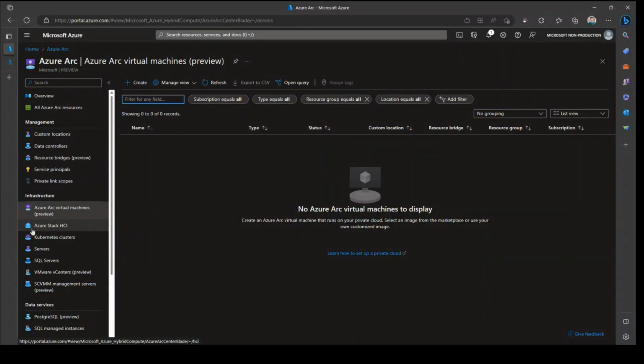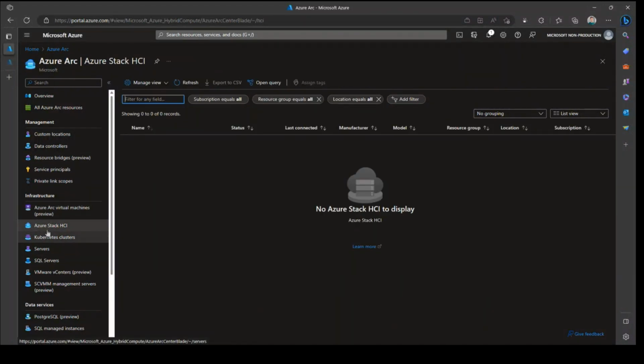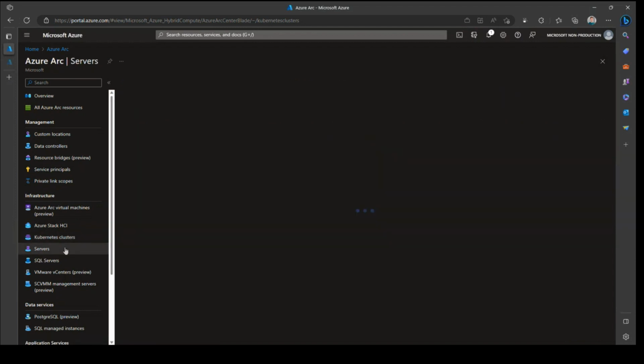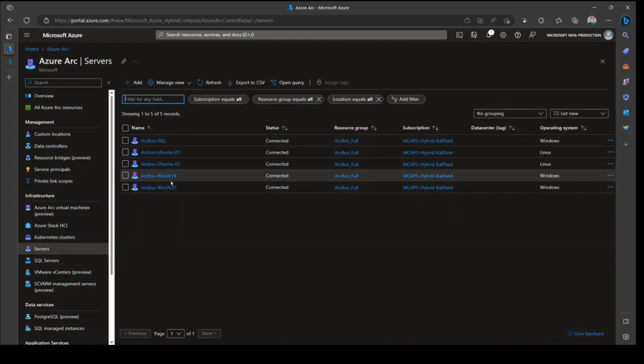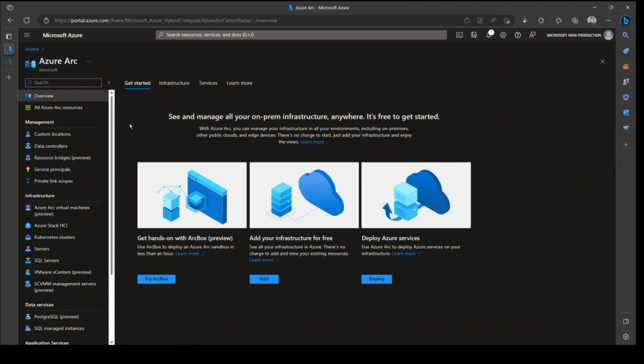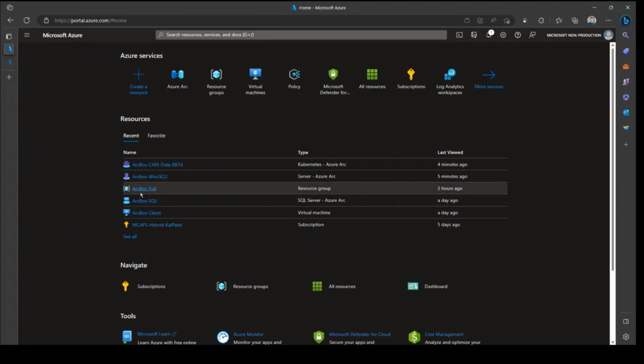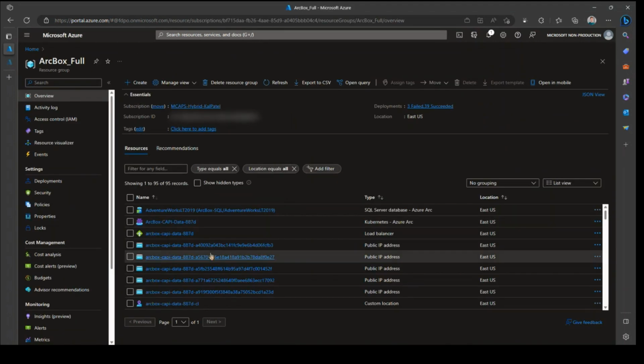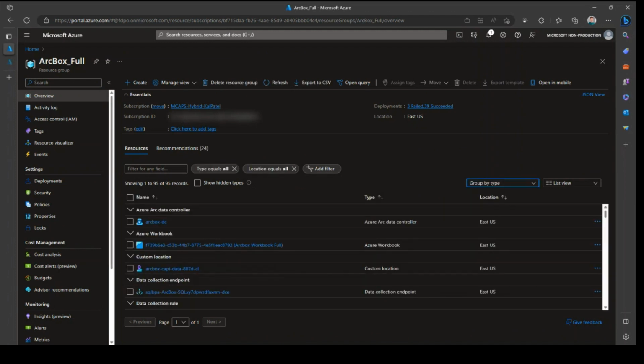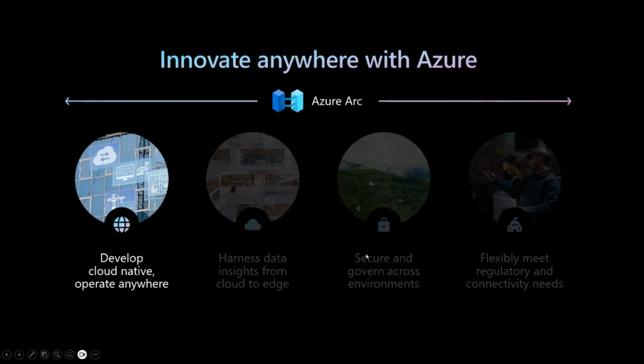This is for the virtual machines, but Stack HCI, Kubernetes clusters, these are two clusters that I onboarded, and the servers as well. And you can see all these resources in the specific resource group wherever I have onboarded them. Right. So if I jump back to the demo slide.